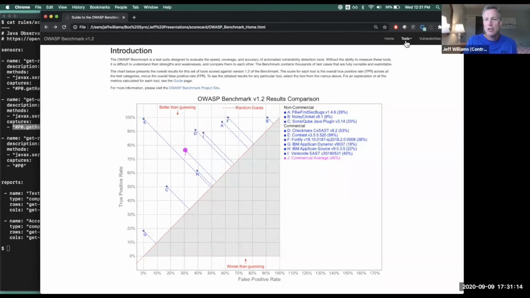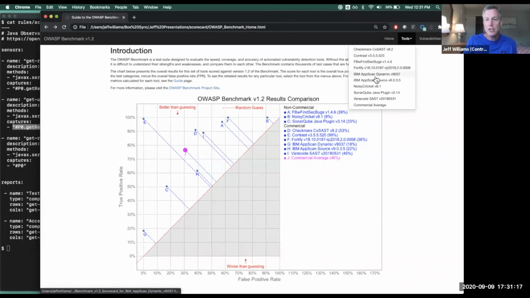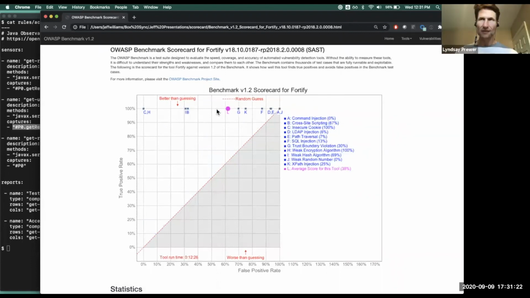And if you look at the other tools, I think what you'll see is very true to reality. If you look at, say, Fortify, for instance, you can see they've obviously optimized for finding everything without regard for false positives. So if you look at some of the harder things like path traversal and SQL injection, the data flow ones, you can see they're all over here at the right, and they've got a tremendous false positive rate. Frankly, I think if you're finding everything and flagging all the false positives, you're not really providing much value. That's why the benchmark measures value as how far are you from this random guess line?